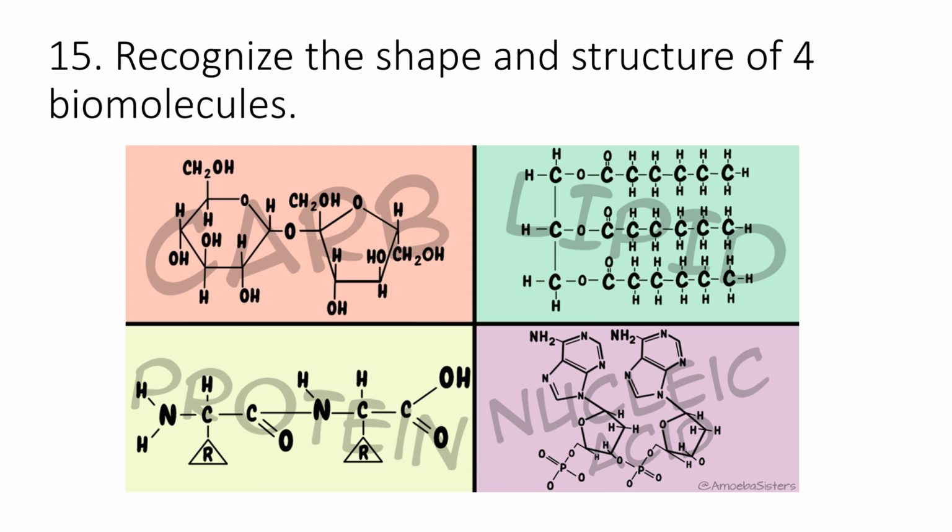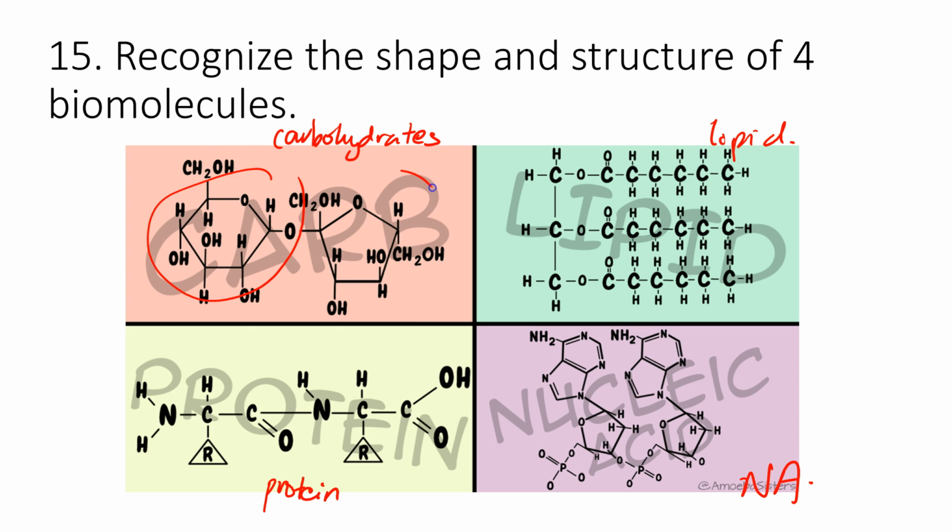Recognize the shape and structure of 4 biomolecules. So you learn 4 different types of biomolecules: carbohydrates, lipid, protein, and nucleic acid. Correct? So the way we recognize carbohydrates is that carbohydrates usually have a ring shape,